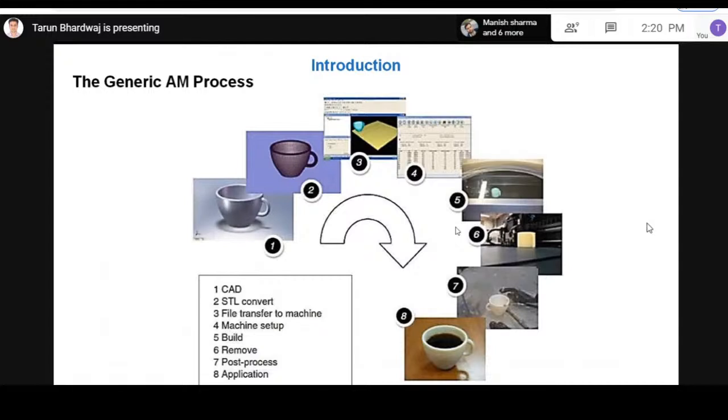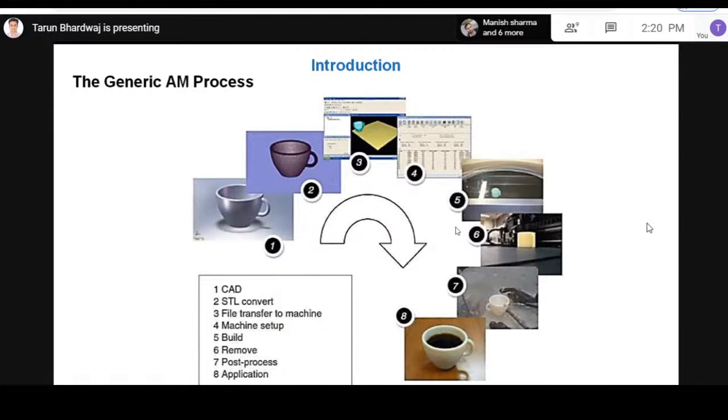After that, the file is transferred to the machine, and after converting the file into machine setup, we go for a build, and we can remove the support structure, because sometimes we require support structures. Support structures are required for the overhanging parts, and after that we have to do some post processing. Post processing depends upon the material, because there are a few materials that gain strength